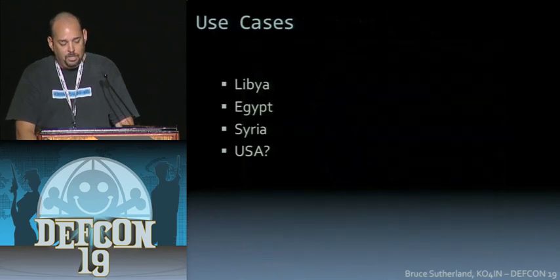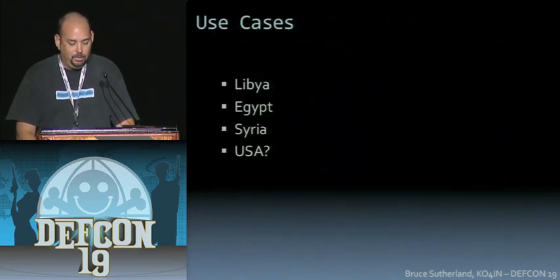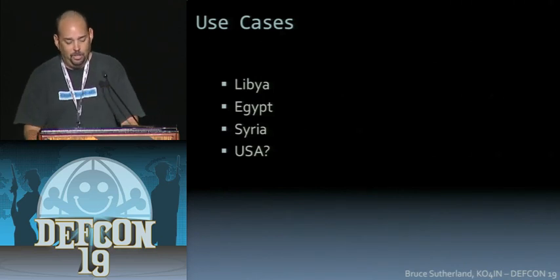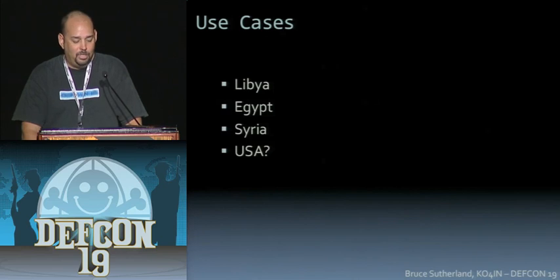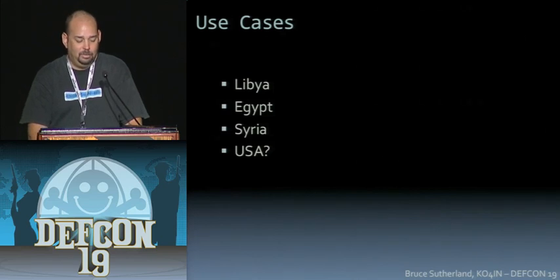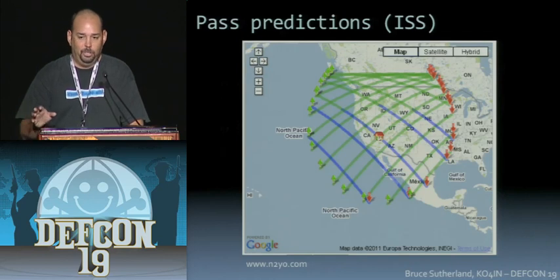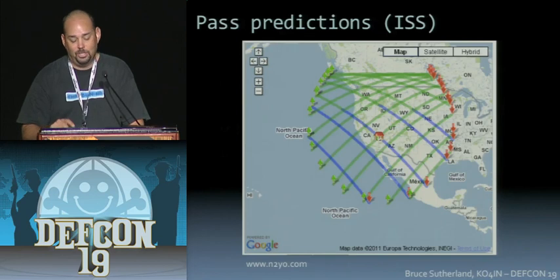So some use cases. We'll start with Libya, go to Egypt, and then the USA. That's an example of a USA use case. The problem there is that in Mexico there are not a lot of iGates. I think there are two that I found. And you'll see a graphic later on with another website where you can actually track and locate stations using APRS, and that's pretty neat to see,